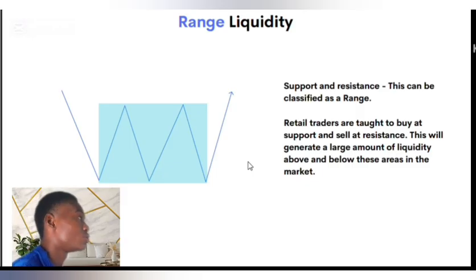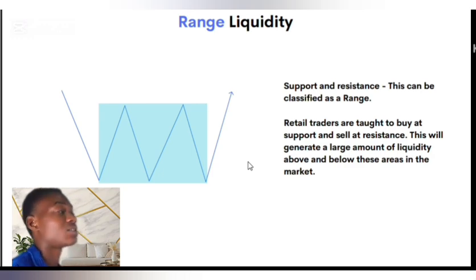Most trading gurus on social media will always tell you buy at the support, buy at the resistance. But normally in reality, price often grabs liquidity at the support and at the resistance. It uses the support and resistance to create liquidity that it will grab in order to move to the desired direction. Let me read this out for you guys.